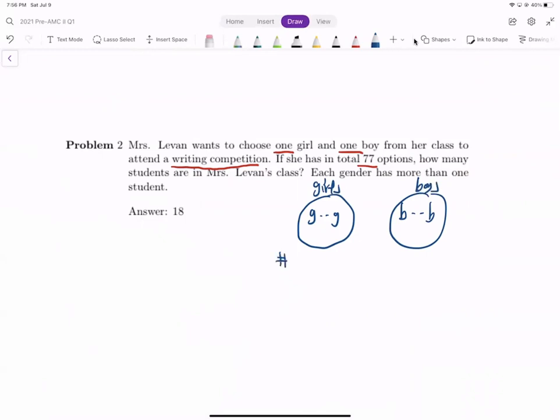Let's say the number of girls is n and the number of boys is m. You want to choose one from here and one from here, and then by the multiplication principle, the total number of combinations